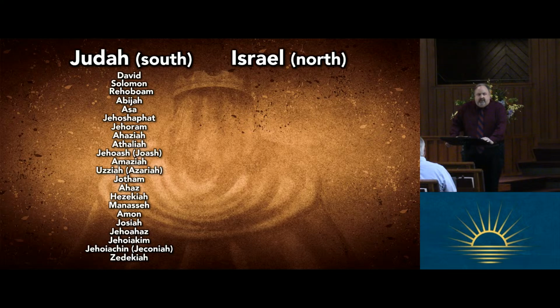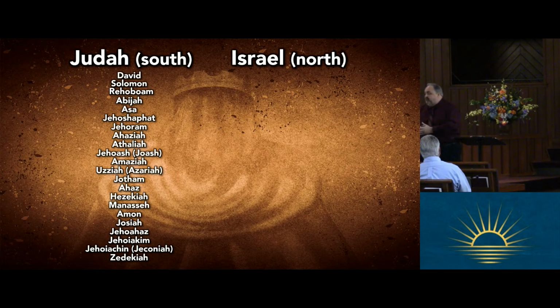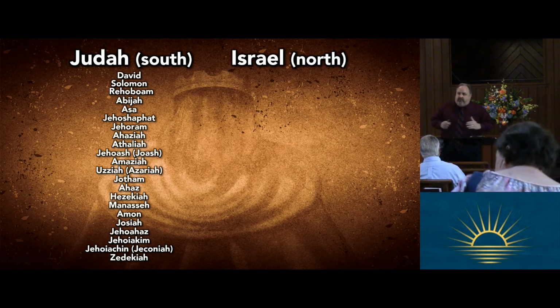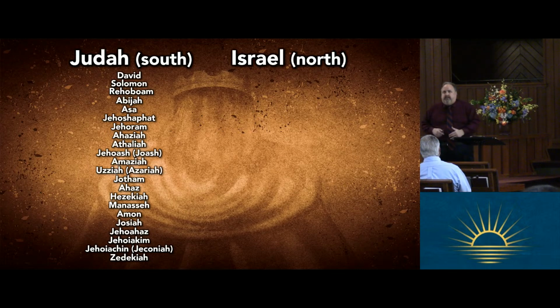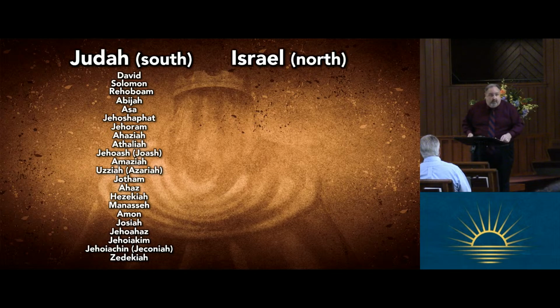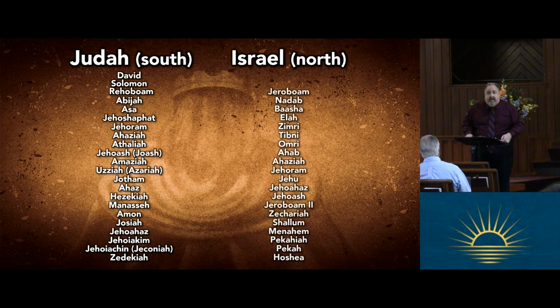What I do want us to know as we go through the divided kingdom very quickly today is that all of these kings of Judah are direct descendants of whom? David. That was supposed to be an easy question. This is David's dynasty. All of these men are related to David. There is a queen, though, who is not. And what was her name? Athaliah. Do you remember that? Athaliah.